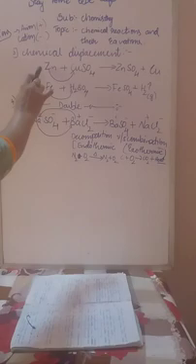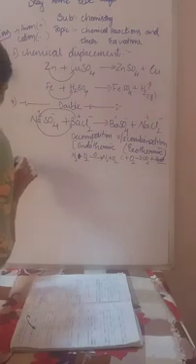Next, the second difference: in displacement, exchange of ions does not take place because there are no ions, but in double displacement, the exchange of ions takes place. So these two differences we can give for chemical displacement and chemical double displacement. I will repeat once again, concentrate properly. Here only one element is replaced. Here both the elements are replaced. Here exchange of ions does not take place. Here exchange of ions takes place.